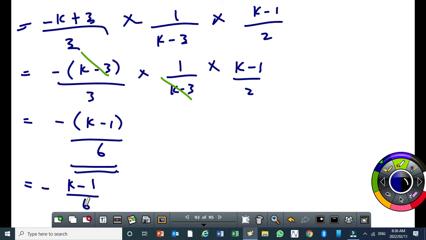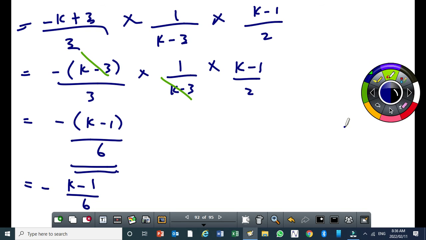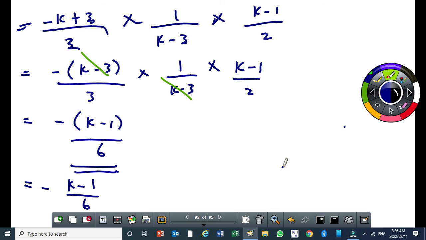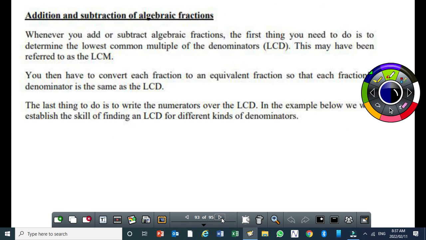Are you following? Is there anybody who has got any question before I move on to addition and subtraction of algebraic fractions? Is there anybody who has got a question? Right, if you don't have a question, then let's move on to algebraic